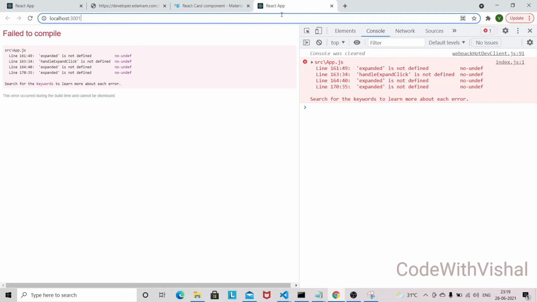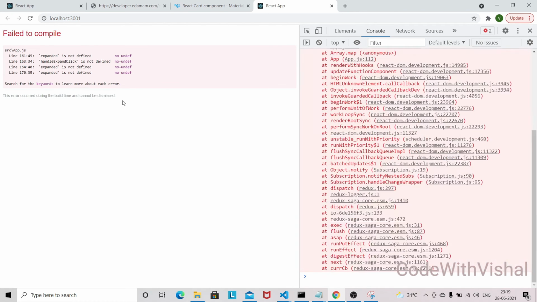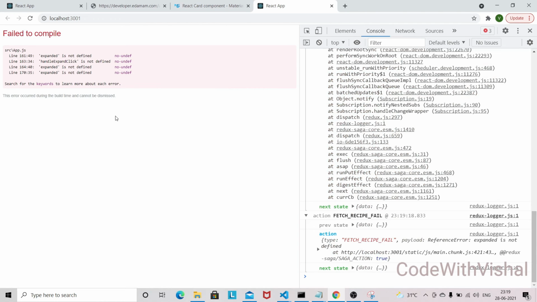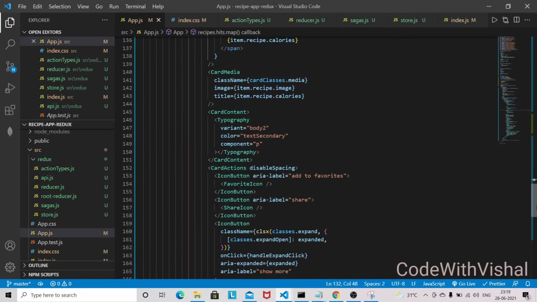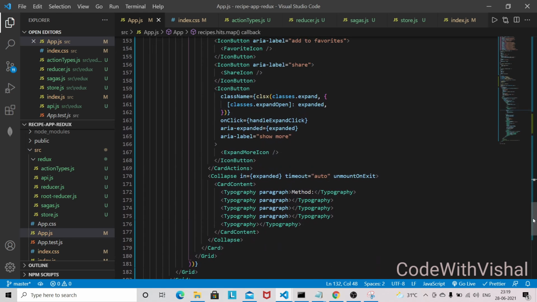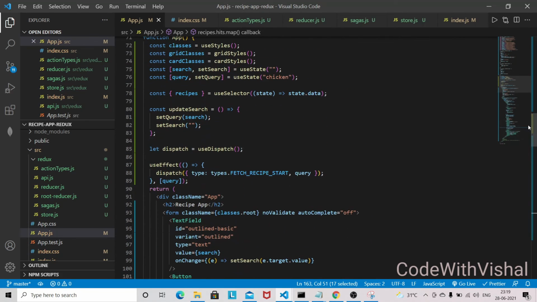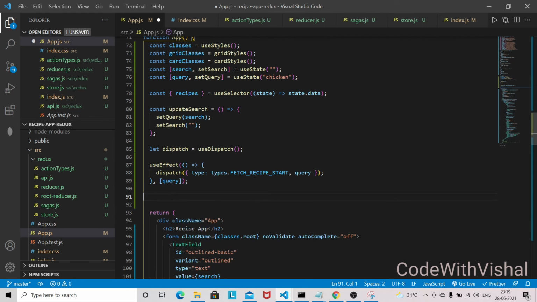So we still have some issue, okay, because we haven't defined all this. So we have to declare the state expanded. So first let's define this handle expand click. I'll just define it, and let's define the expanded as well.